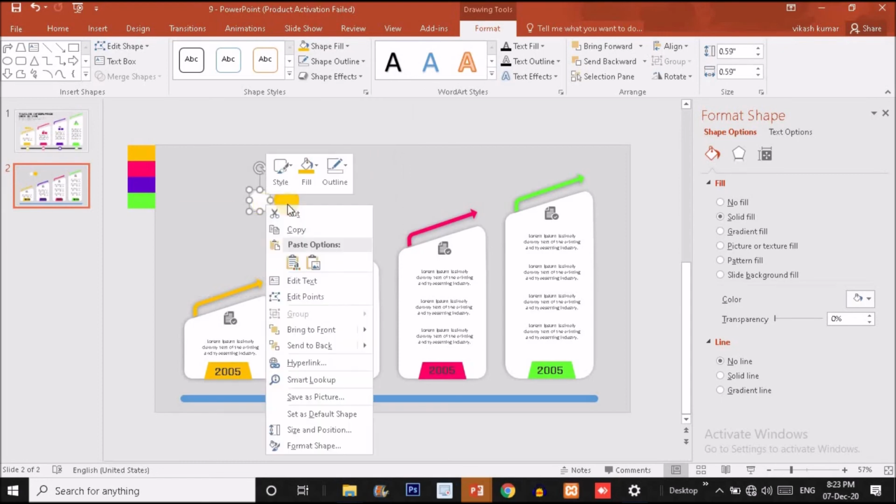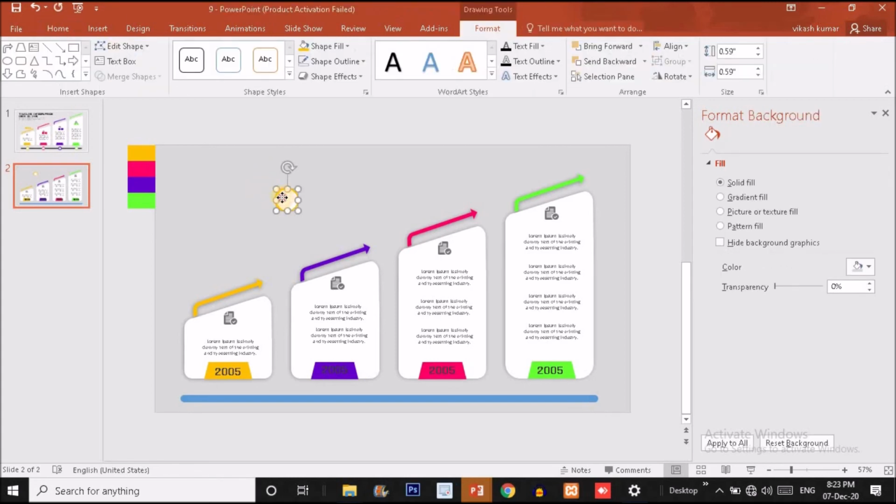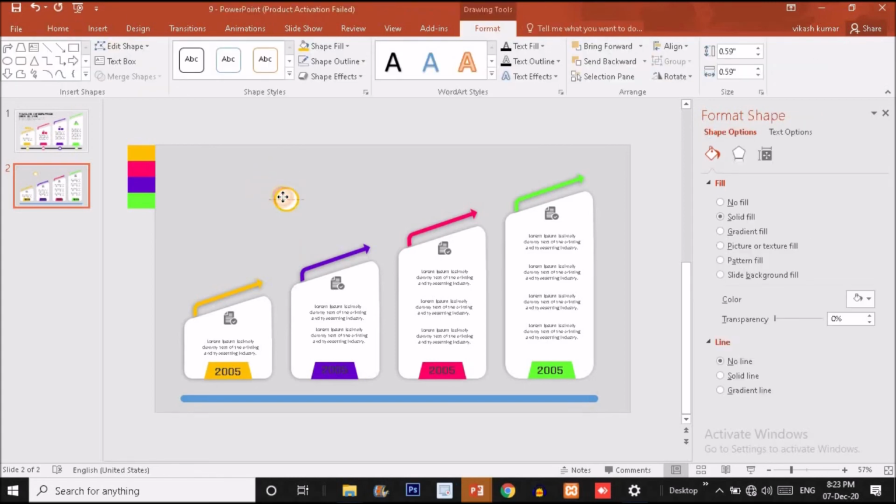Now bring it to front. I'm talking about the white shape, white circle, and put it over the orange shape. Okay. Now put it over here.